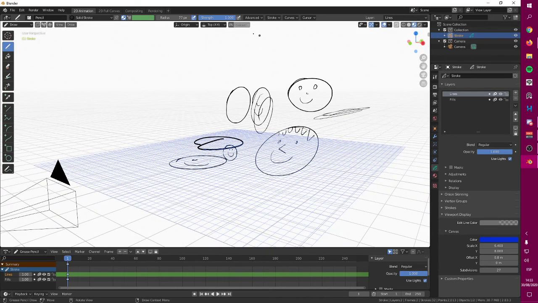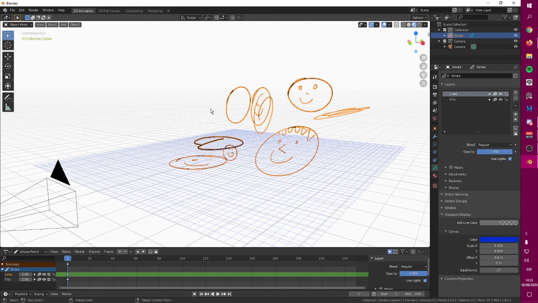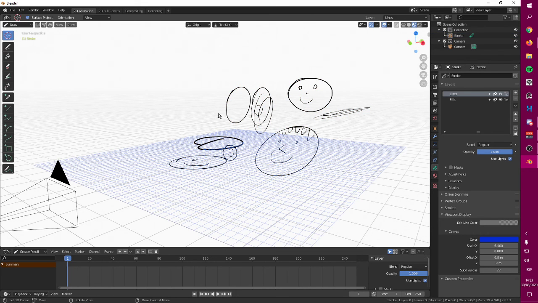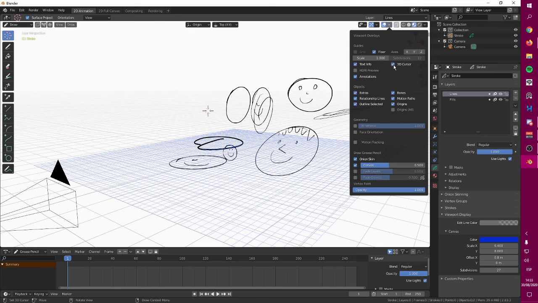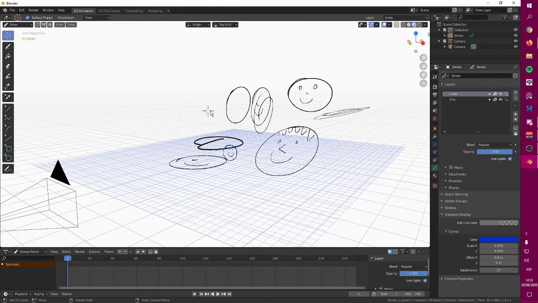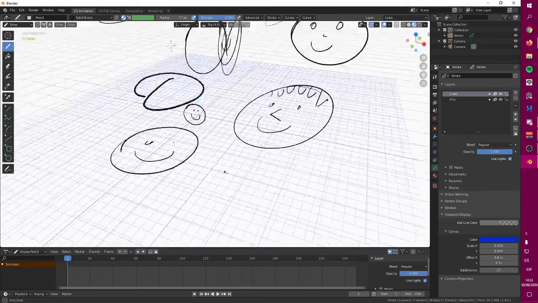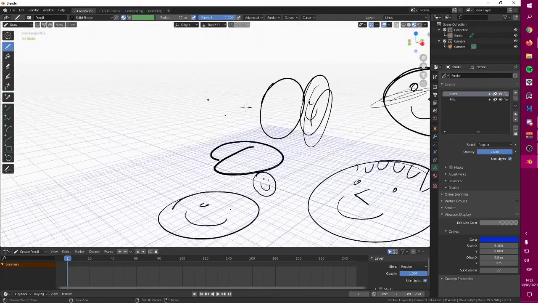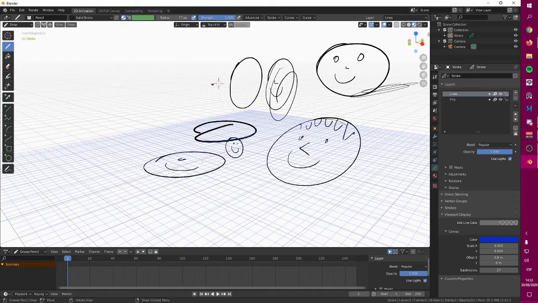You can move this around by using your 3D cursor, this thing, your 3D cursor. If you select this tool, you can place it. You can place it around, but in order to see it, you have to go here on overlays and enable 3D cursor. So right now, check this out. Check this 3D cursor out. And now your 3D cursor is here.